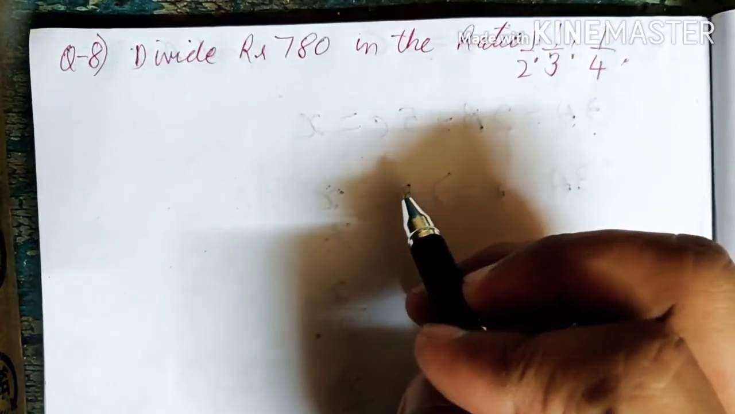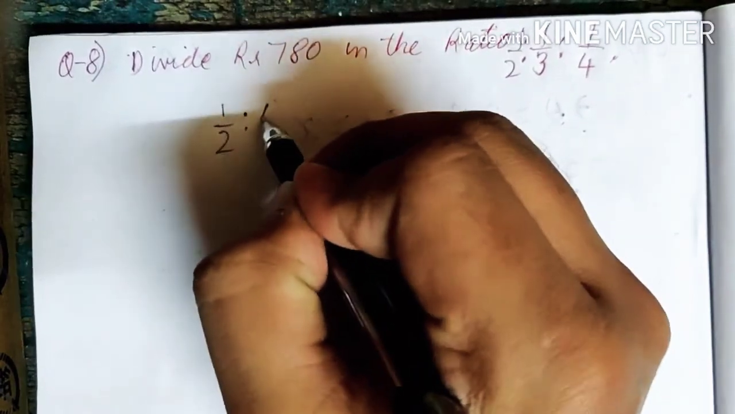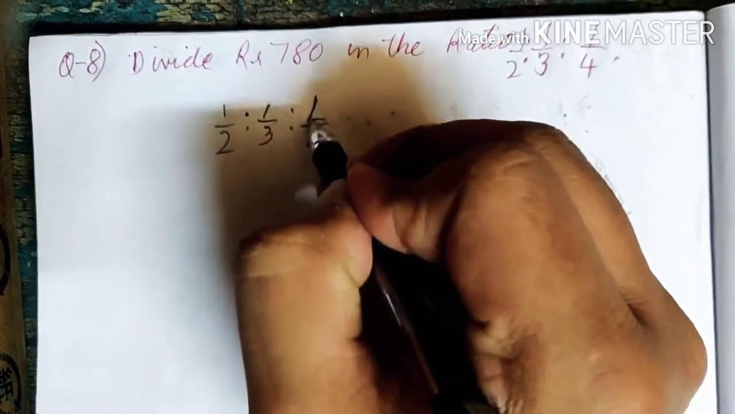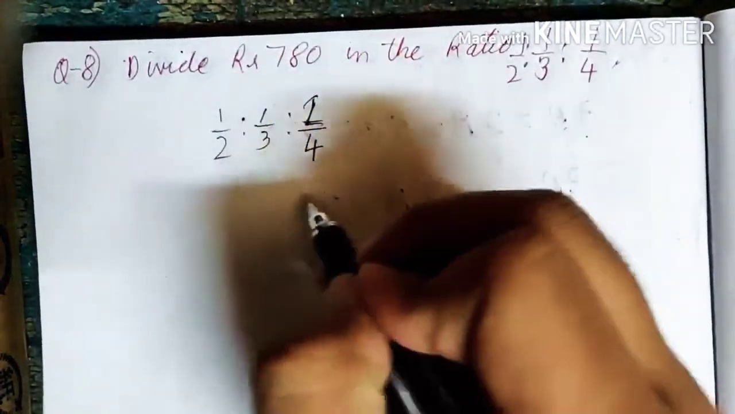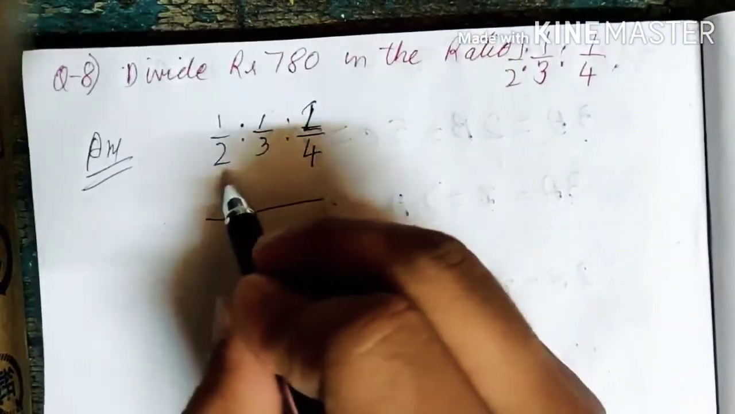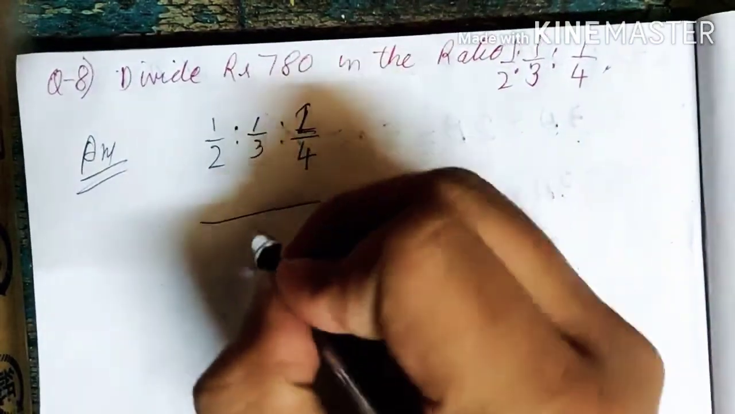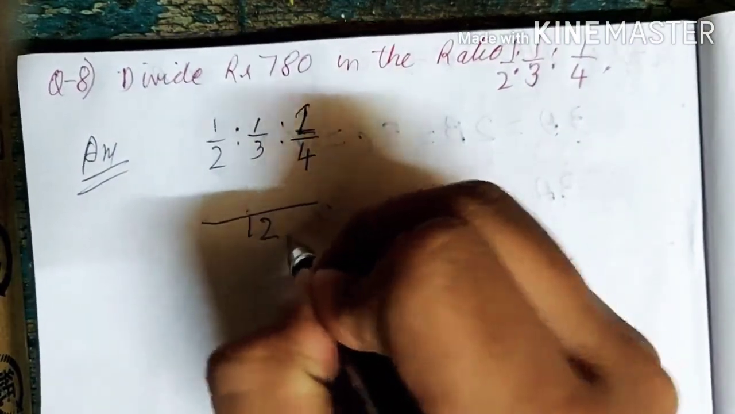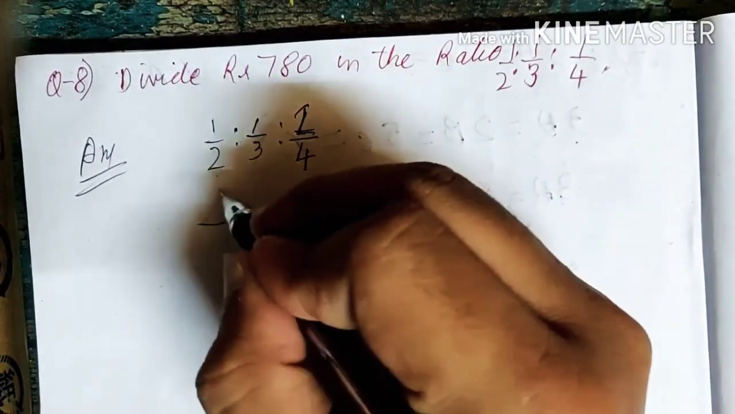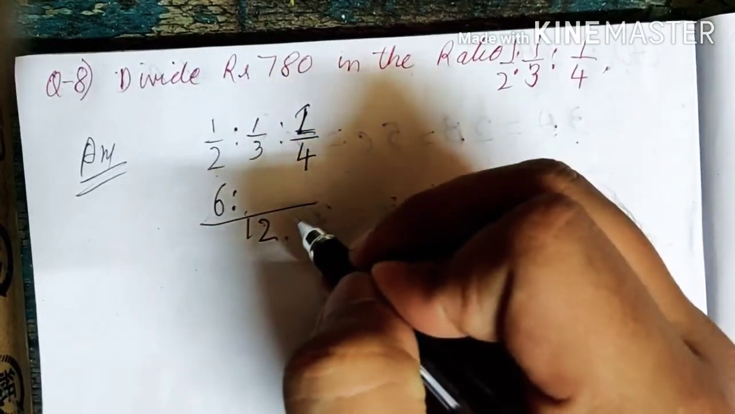So converting this into a normal ratio, it is given that 1 upon 2 is to 1 upon 3 is to 1 upon 4. What we will do is take the LCM of these first: 2, 3 and 4. The LCM of 2, 3 and 4 here is 12. So 12 divided by 2 gives 6, 6 into 1 is 6, is to 12 divided by 3 is 4,